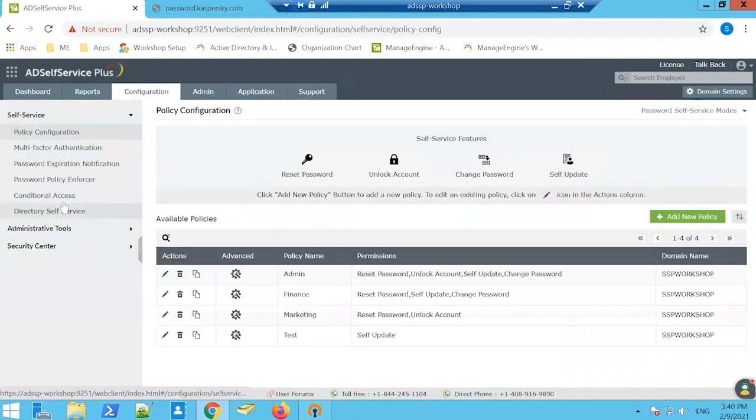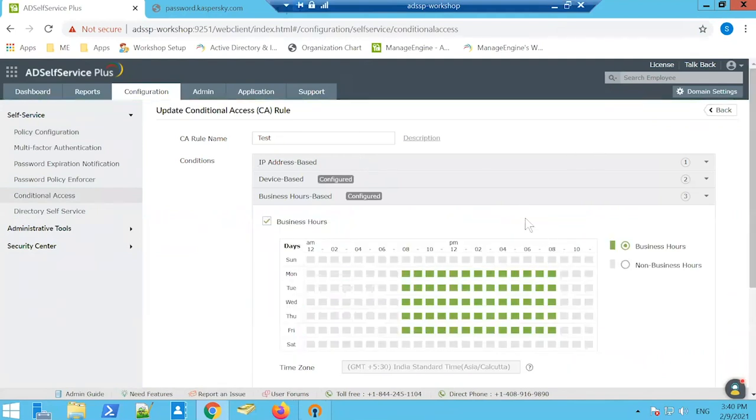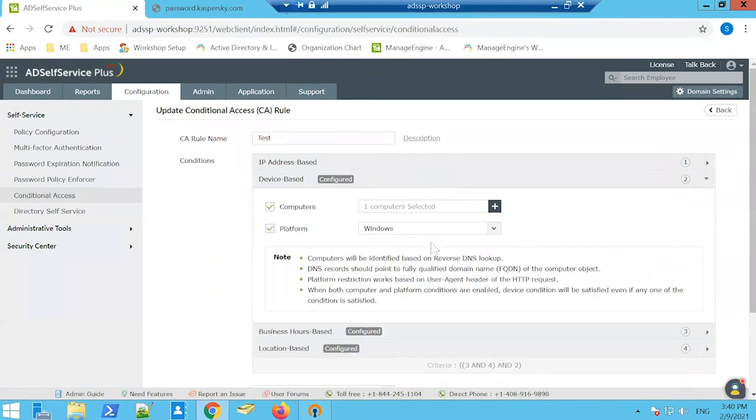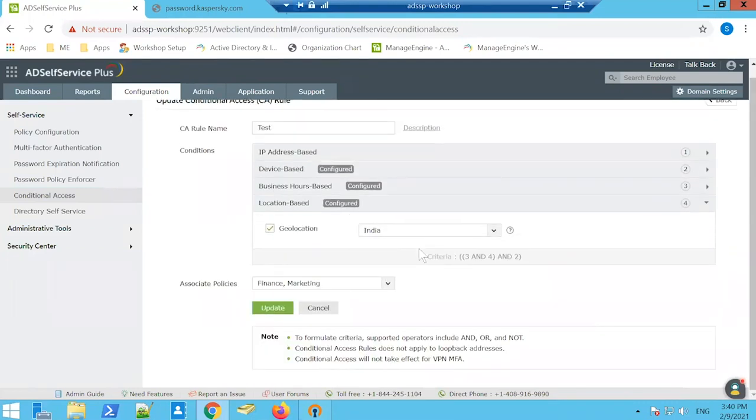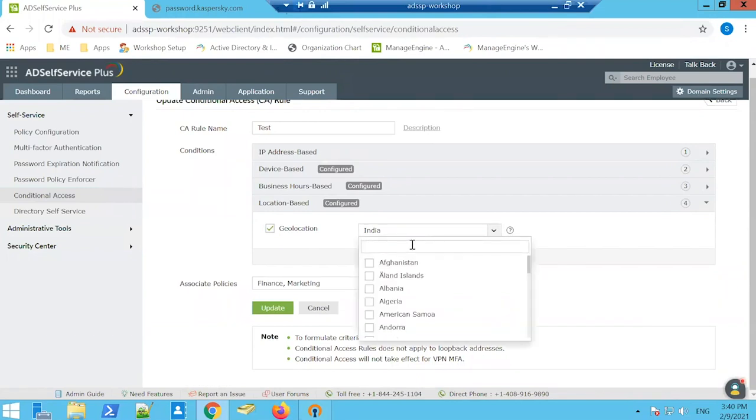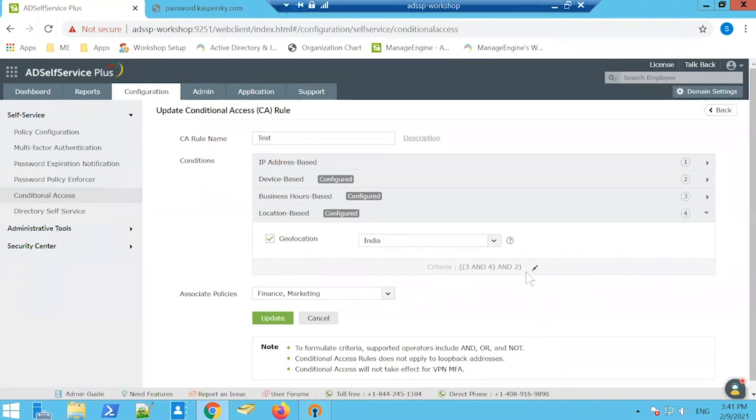Once again, I'm going to quickly walk you through the pre-configured setup right here. What I've done is I have created a conditional access rule where I have defined my business hours. I have defined the devices or the platforms from which users in my organization can log in. I can also choose to restrict access based on IP addresses, IP address range as well. I can also restrict access based on the location that I check in from. You can choose to restrict access or provide access based on location based on simple criteria. You can use the and, or, and not criteria, the formula to set the conditional access rule right here